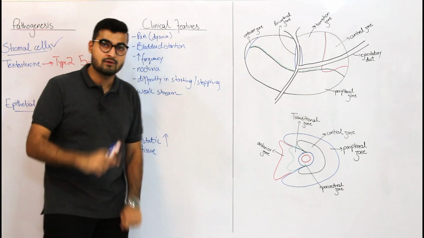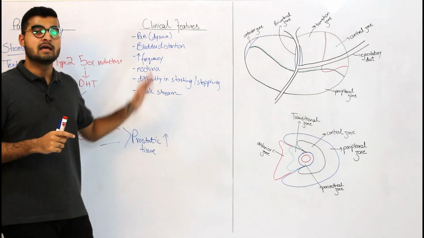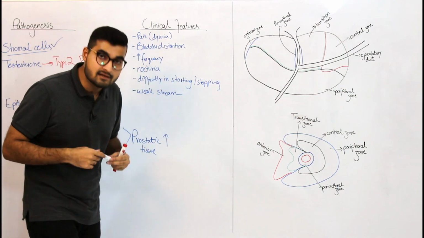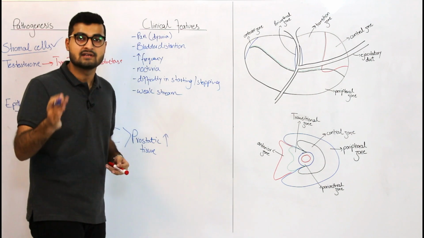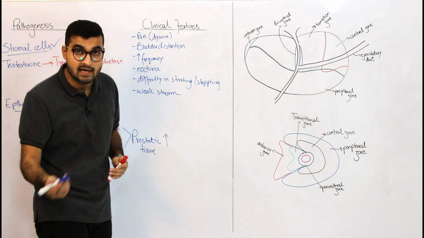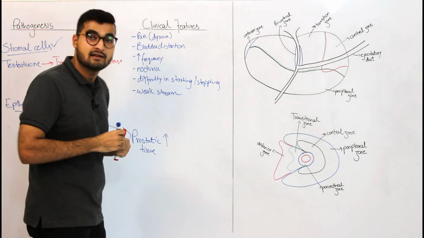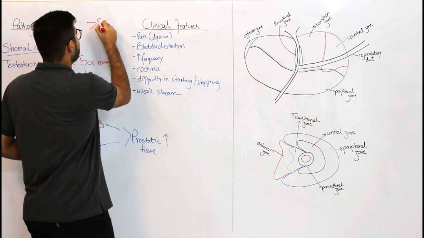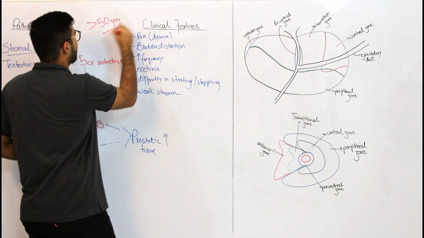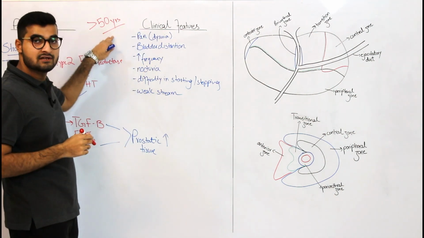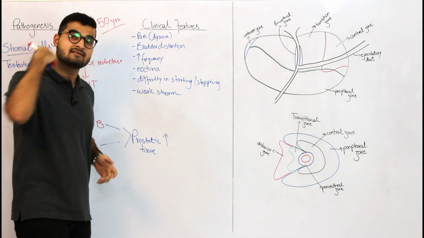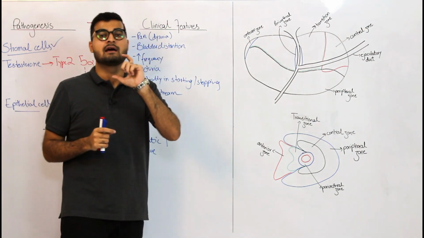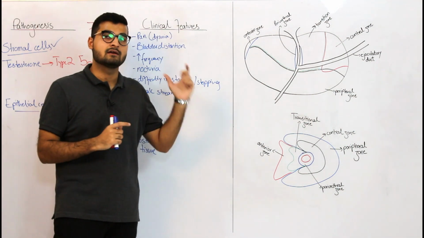And apart from that, one thing that would be common in all patients of BPH is that when they come to you and when you're going to take their history, the first thing that you ask is, what's your name, what's your age? So the age that a patient of BPH is going to have is greater than 50 years. So keep that in mind. Greater than 50 years of age, BPH. Greater than 70 years of age, prostatic adenocarcinoma. So these age limits are really important when it comes to BPH.